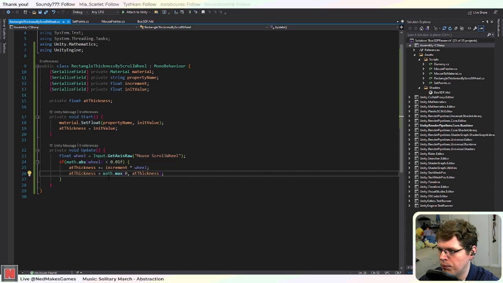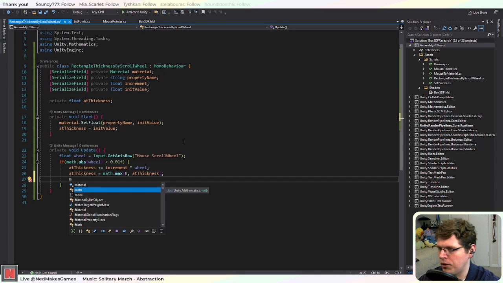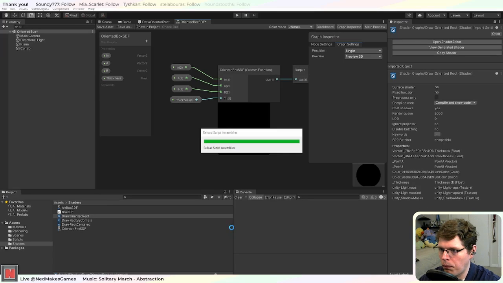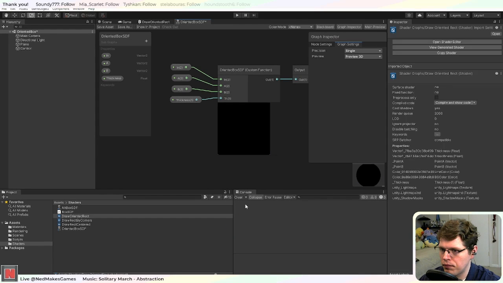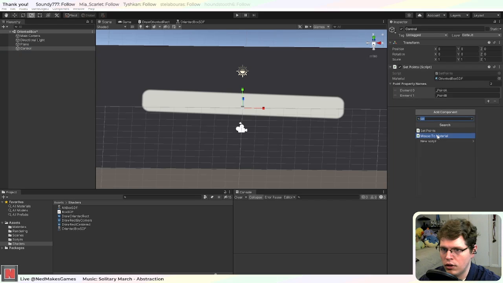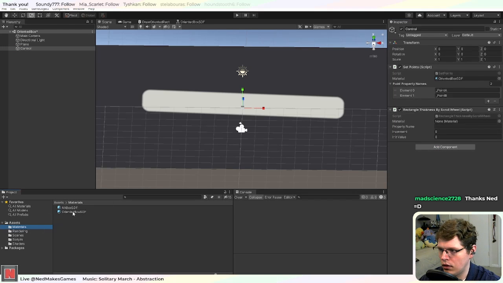And oh yeah, now we need to set it in the material. All right. Okay, so I'll add this to the control. Thickness, increment by, I don't know, 0.1. That might be small, but